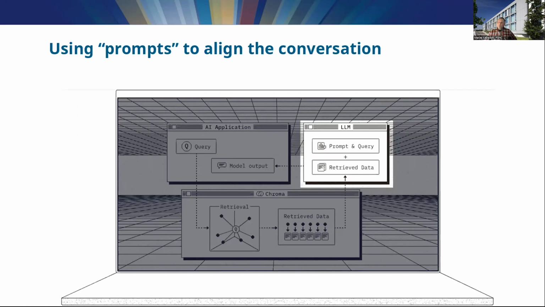In general, a prompt is a piece of text or other input that is used to initiate or guide a language model's response. It's like a starting point or a question that you give to an AI model to get a specific output. For example, if you ask a language model, what is the capital of France? The prompt is simply, what is the capital of France? Prompt engineering is the art and science of crafting effective prompts to elicit the desired response from a language model. It involves understanding how language models work and using that knowledge to create prompts that are clear, concise, and specific.